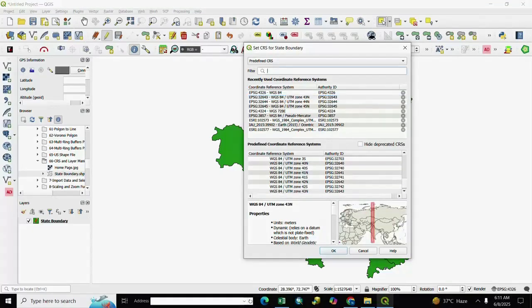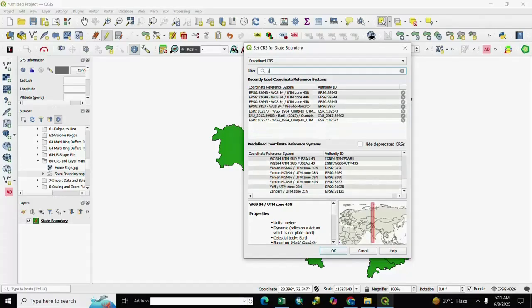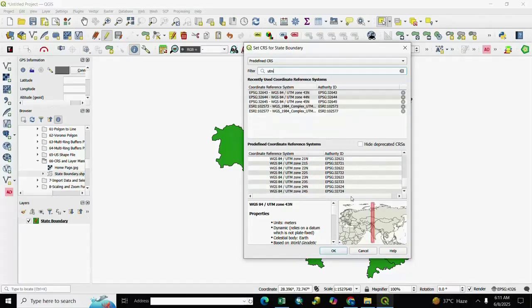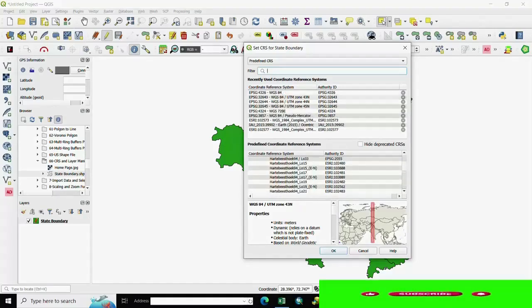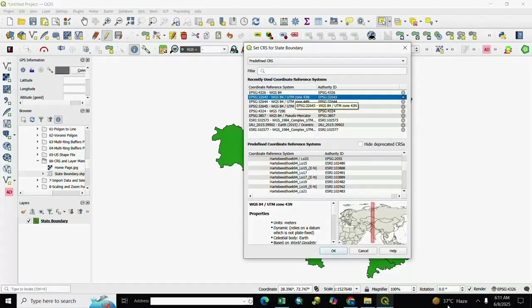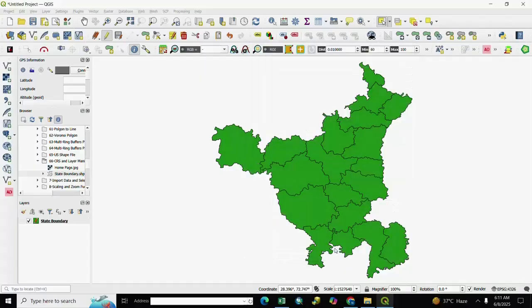You also write here UTM and search here UTM zone projection. So we select here UTM zone 43 north. After it, we OK.